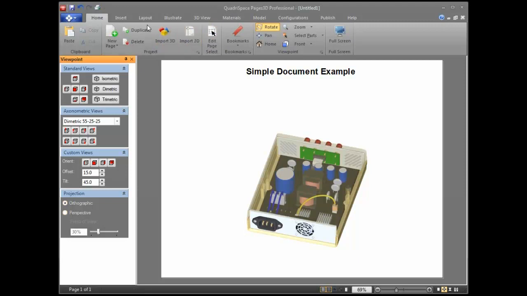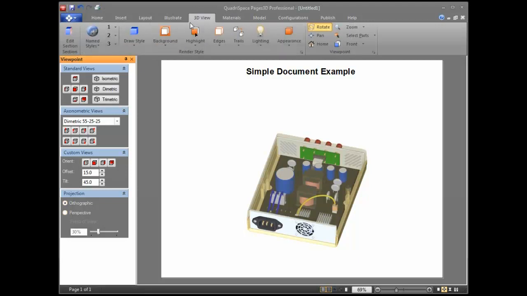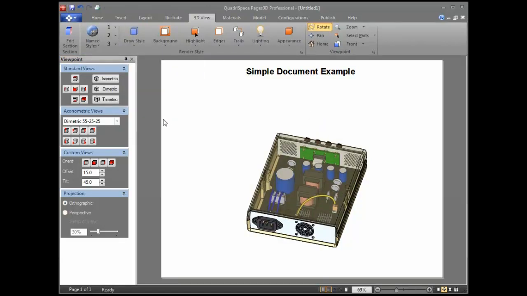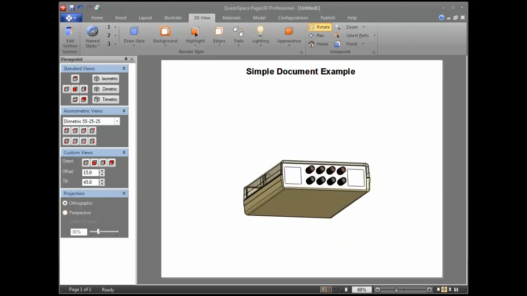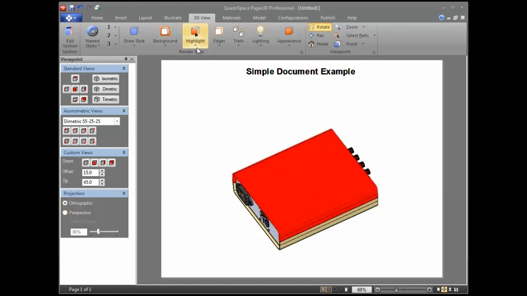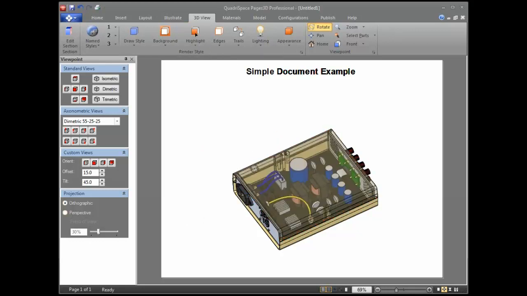Some other things that you can do with the 3D tools very simply is on the 3D view ribbon here, we can actually set up our draw style. So if we want to have shaded with edges, we can simply select that from the 3D view ribbon. We can use our mouse to change the highlighting color. So if I have a red highlight, maybe I want orange, I can change those kind of facilities for the